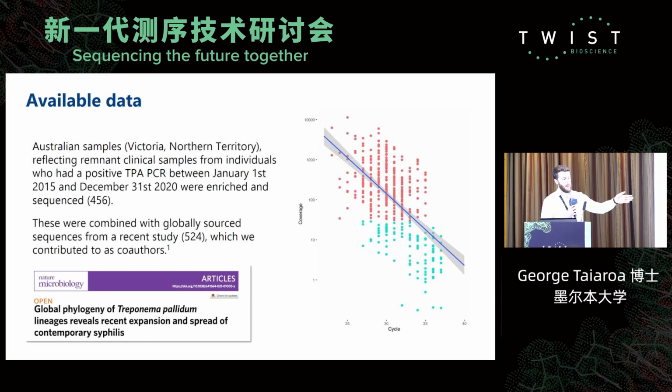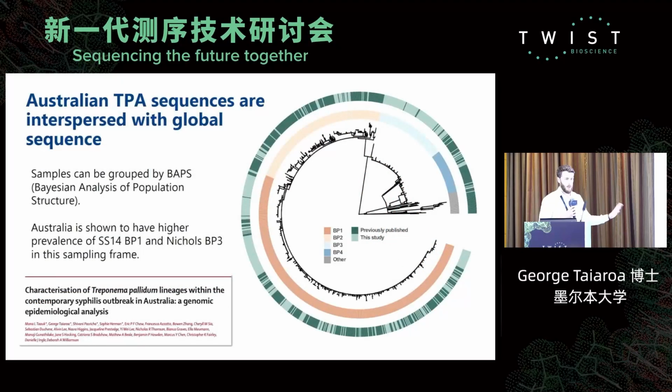As you can see, we have that trend where the higher the amount of pathogen, the better sequencing we get. And as it gets fainter and fainter, we get less, but still really, really good. Some of this work is published in Nature Microbiology as part of a global consortia effort. But we've also got our standalone paper, which is published in Lancet Microbe, which is looking at our Australian diversity